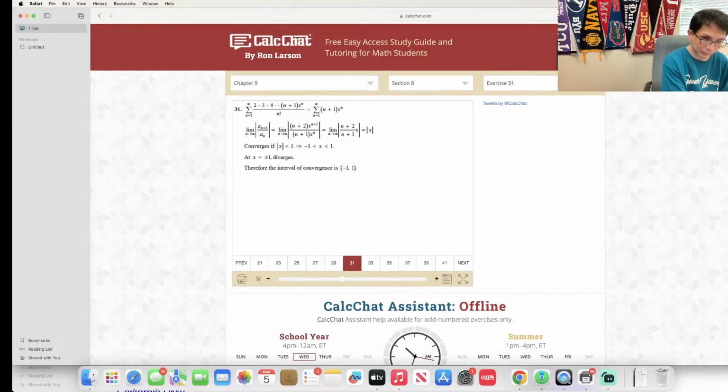This is your baby. This is always going to be free, your delta x. Well, you get the delta x such that delta x is